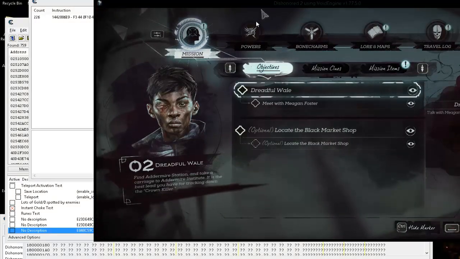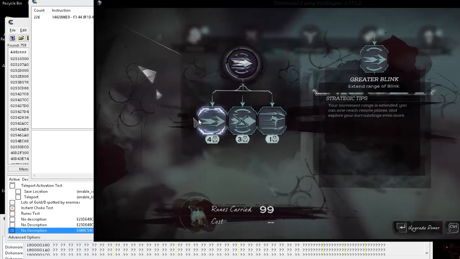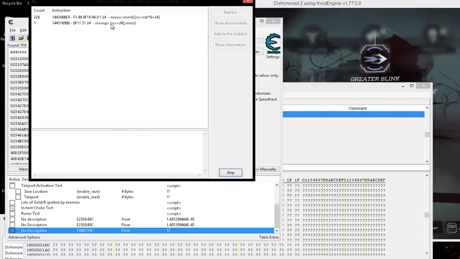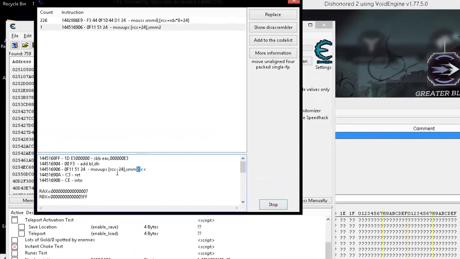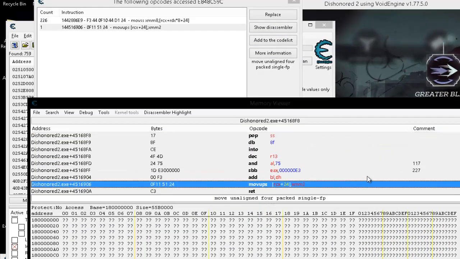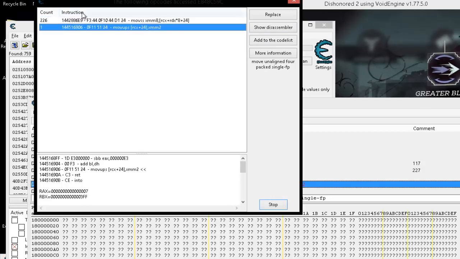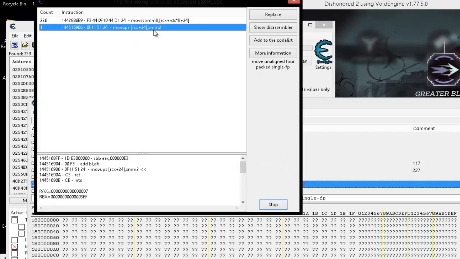Let's go back to the journal and buy the upgrade. And this will get us more information. And now we also got where it's writing to that address. And you can see here it's adding something. We can go to that spot in memory also. But since we already looked this one up and it's constantly reading, we can get an immediate result. As you can see here, this only activated when we purchased. So this is only going to increase our constant when we actually purchase